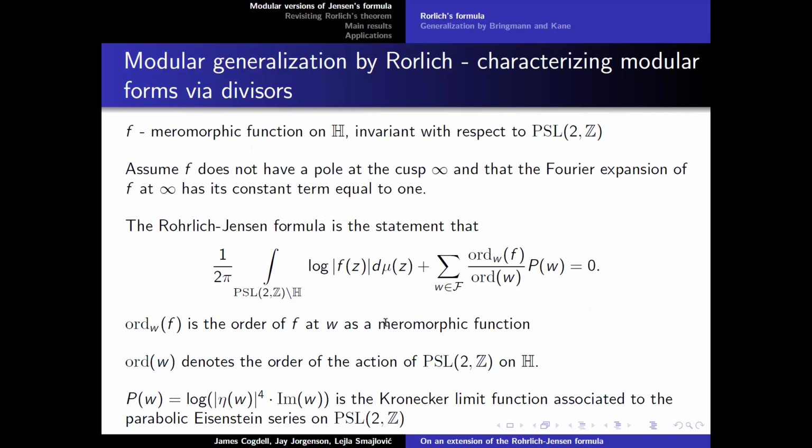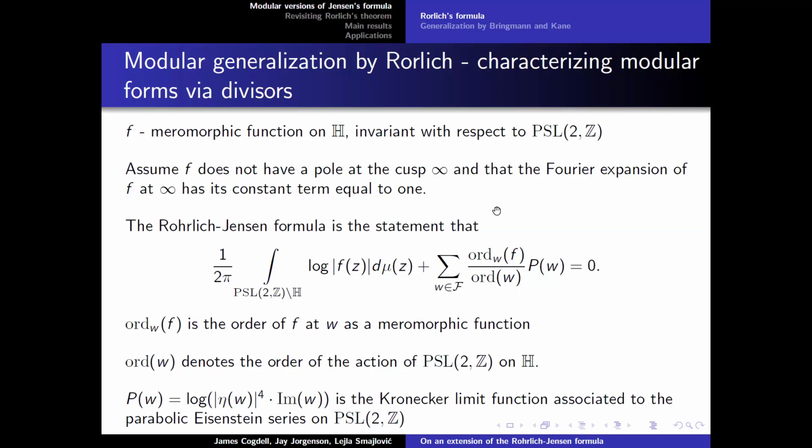So for a meromorphic function on the upper half plane, which is invariant with respect to the modular group, actually PSL2Z is its projection, in which we identify matrices A and minus A, and such that it does not have a pole at the cusp at infinity,